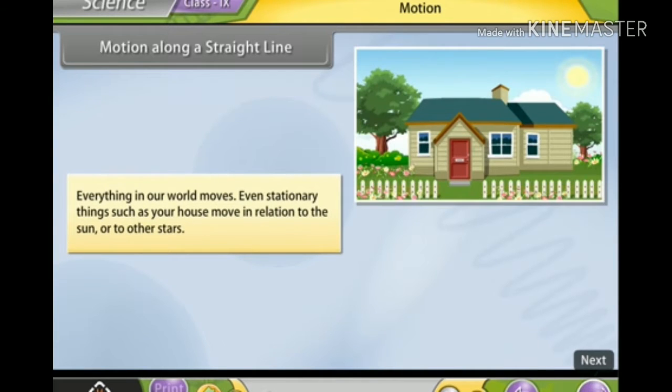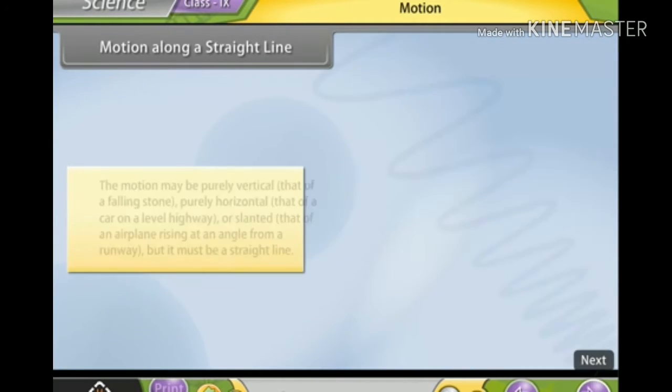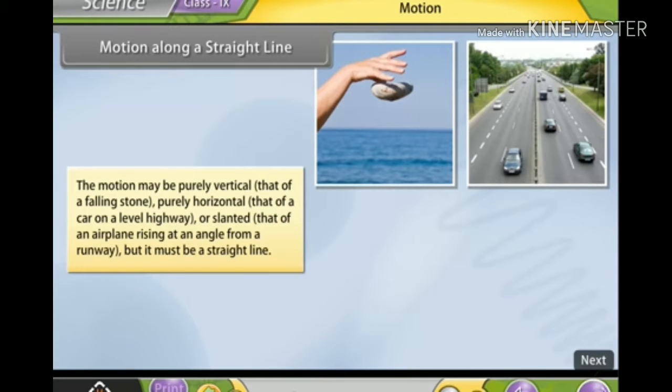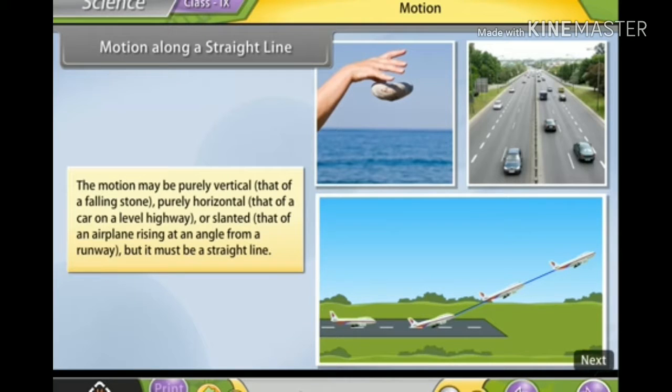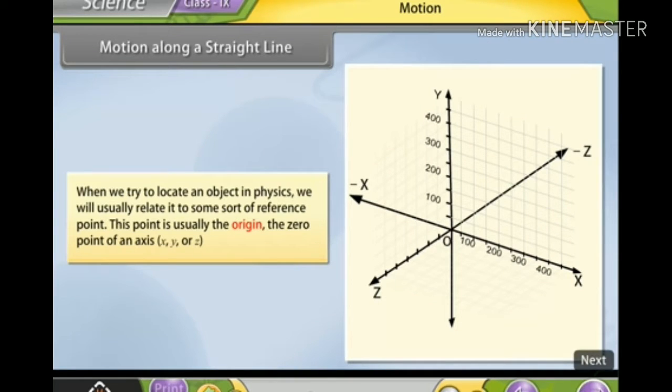Motion along a straight line. Everything in our world moves. Even stationary things such as your house move in relation to the Sun or to the other stars. The motion may be purely vertical, that of a falling stone, purely horizontal, that of a car on a level highway, or slanted, that of an airplane rising at an angle from a runway, but it must be a straight line. When we try to locate an object in physics, we will usually relate it to some sort of reference